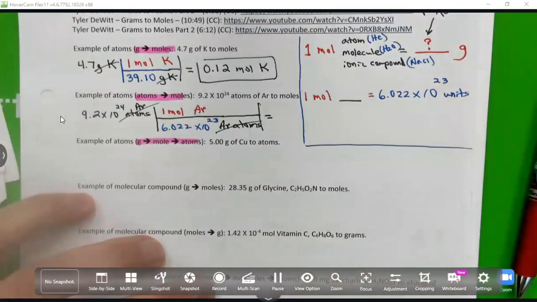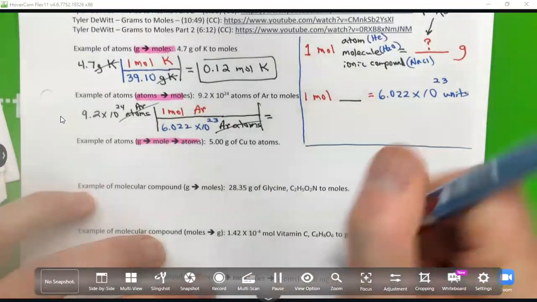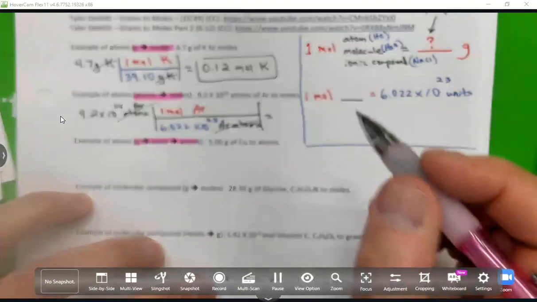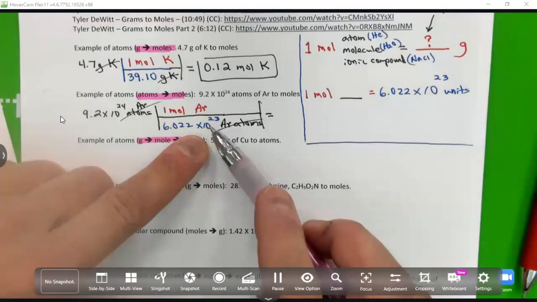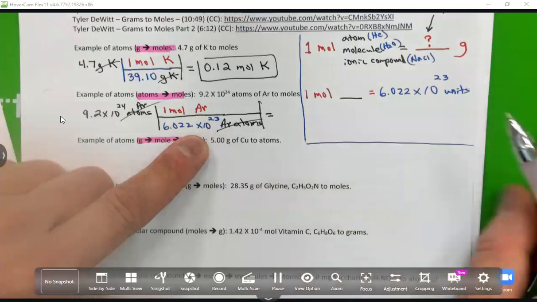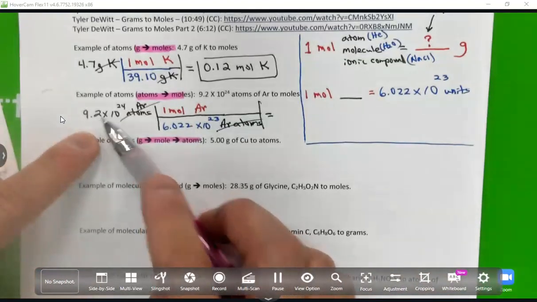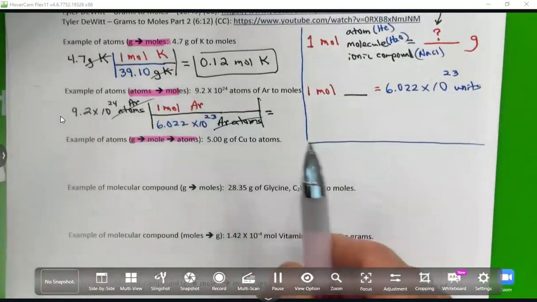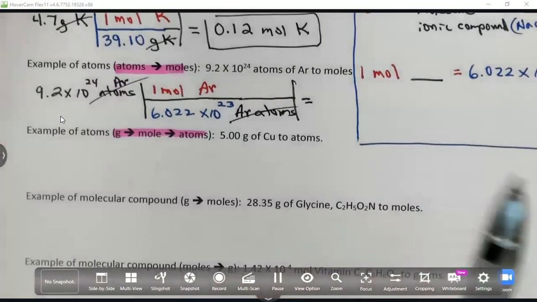And I'm going to get, now remember, don't put in times 10. Right? Do not put in times 10. So 9.2 EE or EXP 24 divided by 6.022 EE or EXP 23. It equals, and we should get